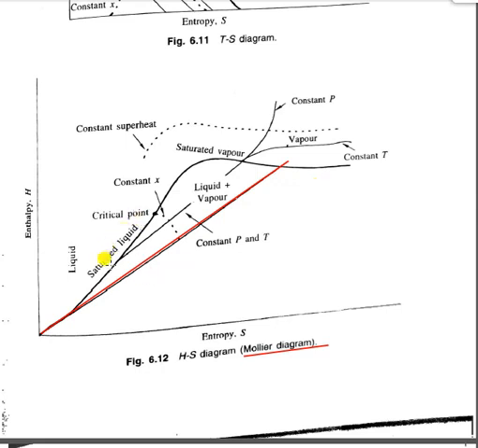Okay, so inside the liquid, saturated liquid, and this is the critical point. Critical point means all the phases coexist in equilibrium. Then here is the constant X, and here is the liquid plus vapor phase, and here is the vapor phase. Okay, saturation vapor, saturated vapor. Saturated vapor means the vapor is in the form of saturating.